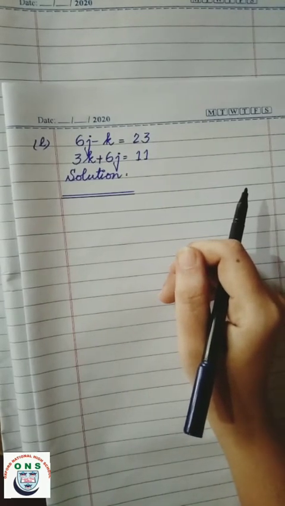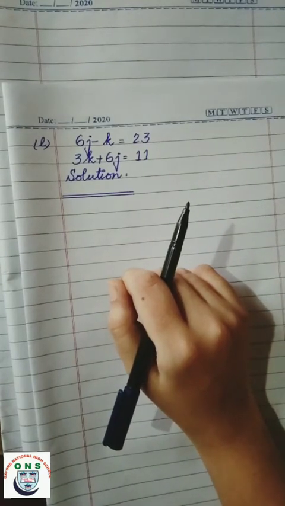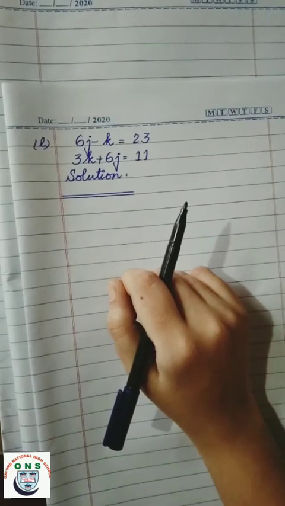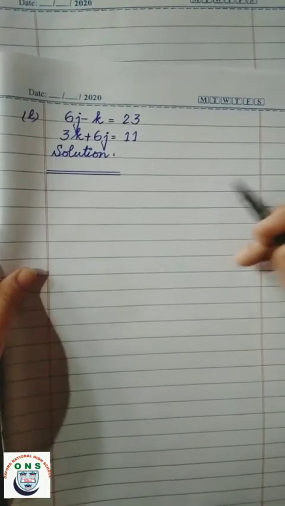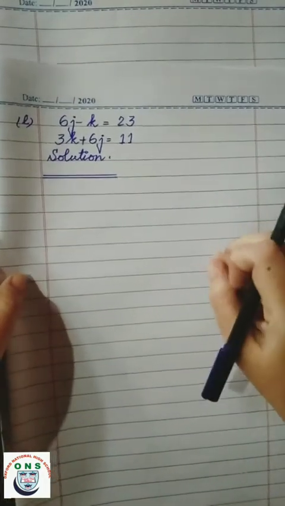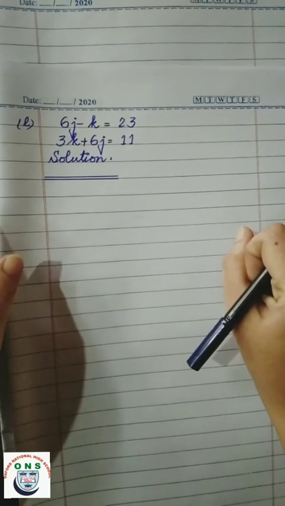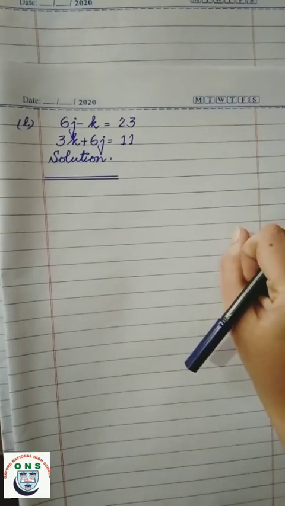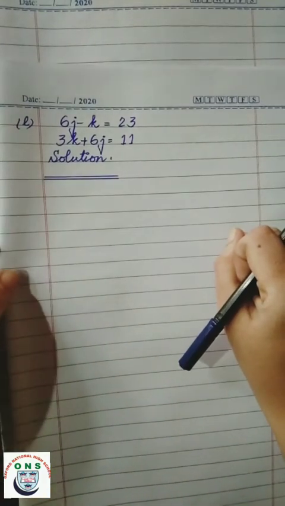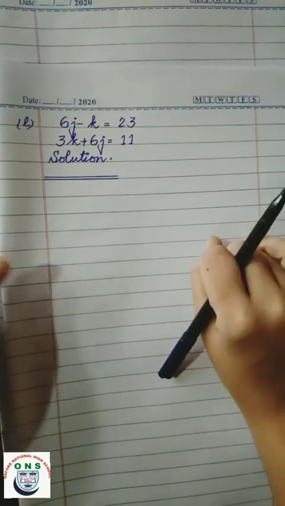Just like parts F, G, those are also with the same method. Each part is like part E. Parts F, G and H are exactly like part E. After that, in part J, what you have to do is add, because both variables are the same and with opposite signs, that's why if you add, both can be cancelled by each other. In part J you have to add, in part K you also have to add, because both have the same variables and opposite signs.